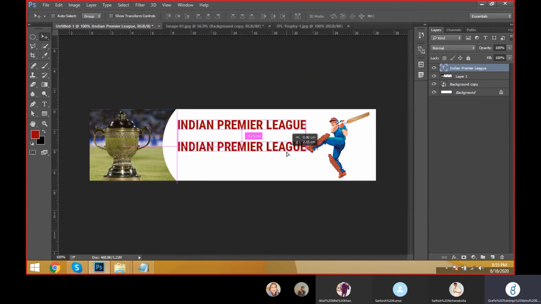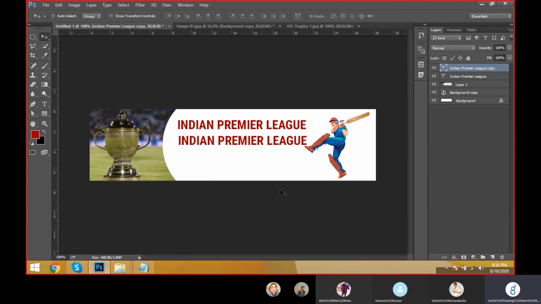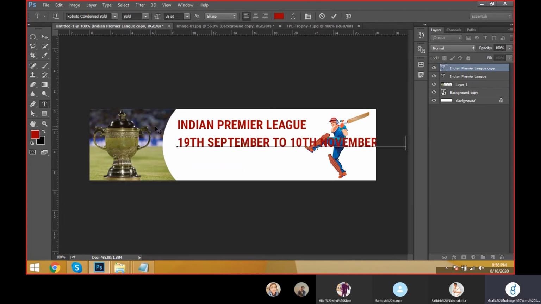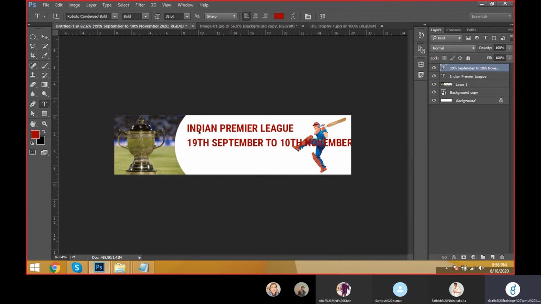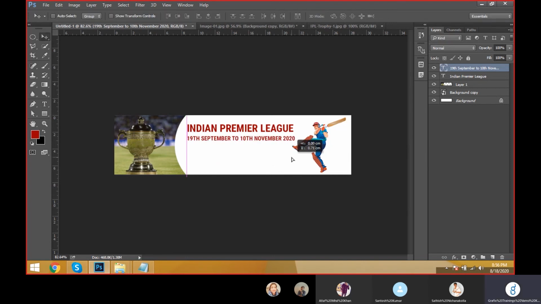Now you can take one more duplicate, make a copy of the duplicate, Control J, duplicate, and here Control C, copy, and take here and click, and Control V, paste. Good. Now Control T, transform. You can directly transform it, or otherwise the text also with proper uniformity. Otherwise you can take the selection, highlight it, and give the font size here only, like this, and you can take the image here.